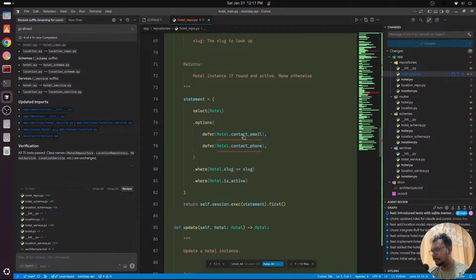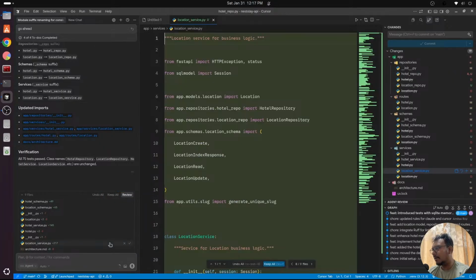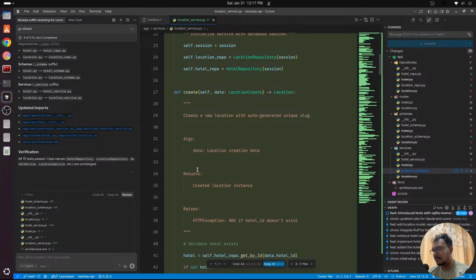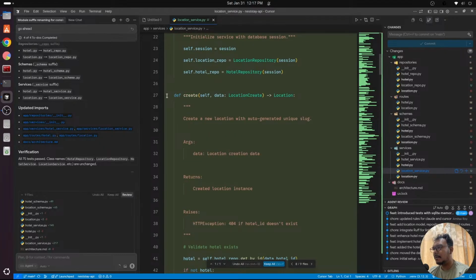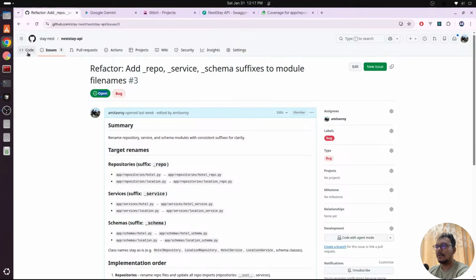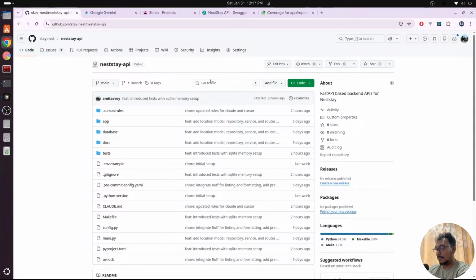So I guess I can go ahead and keep all. No, let me look at them quickly. So location service create is there, and list locations. Let me match with one maybe. So this is location, right? So if I do location,